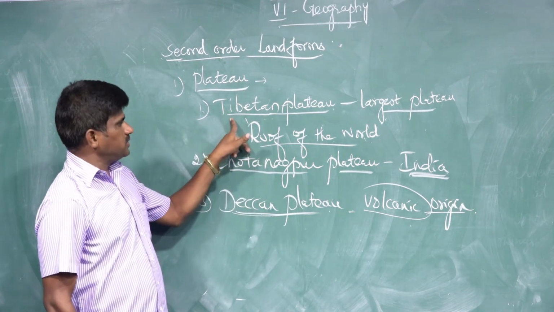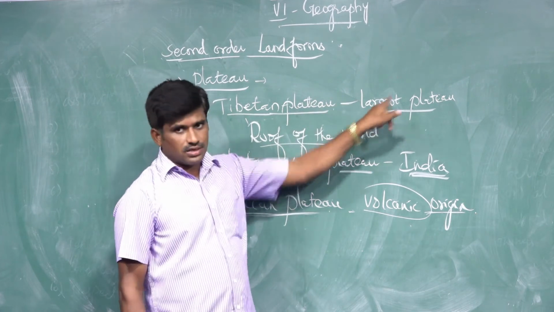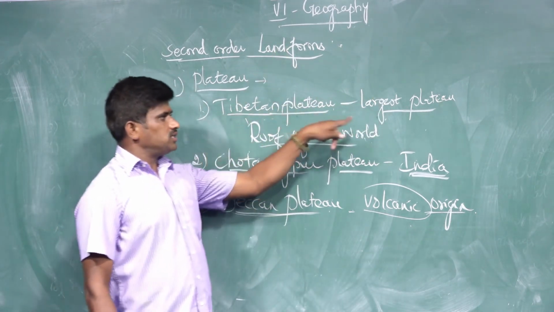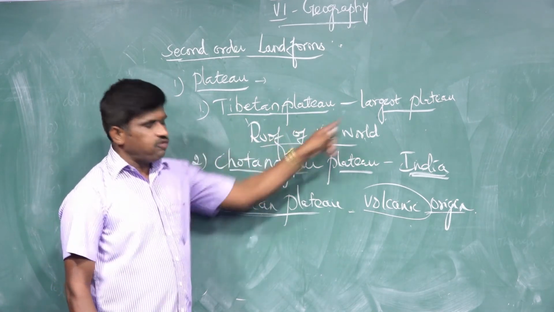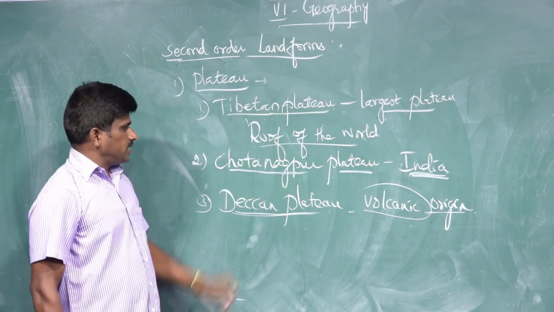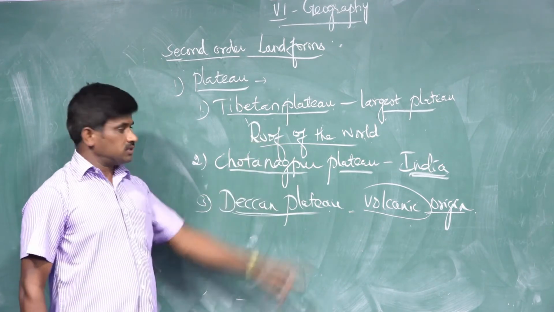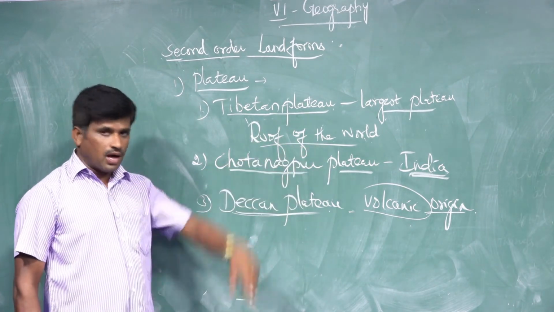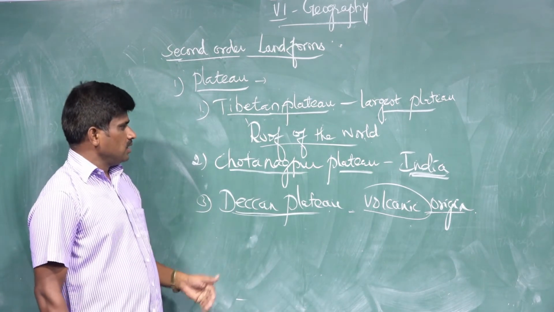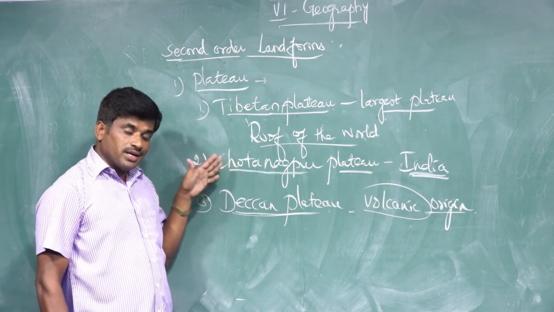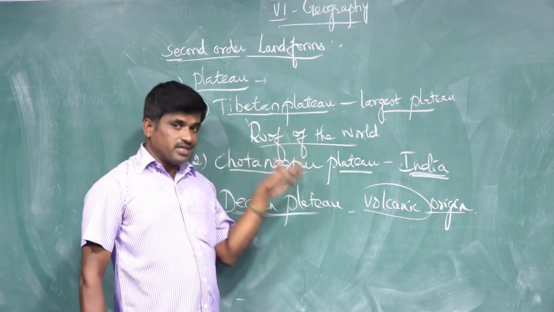What are they? First one is the Tibetan Plateau. It is the largest plateau in the world, so the Tibetan Plateau is called the roof of the world. Second one is the Chota Nagpur Plateau. This plateau is in India, in the Jharkhand and West Bengal region. Rich mineral deposits are present in this